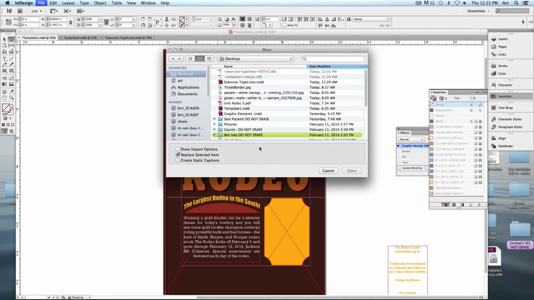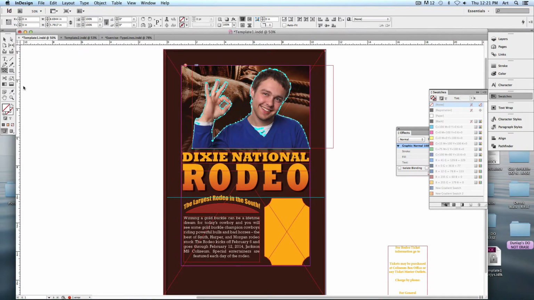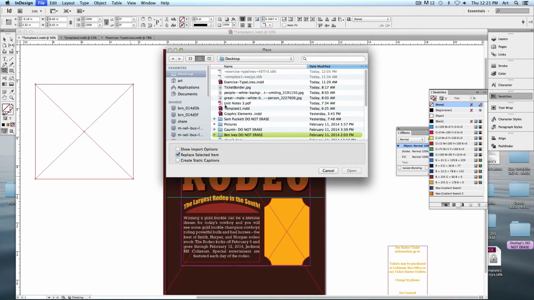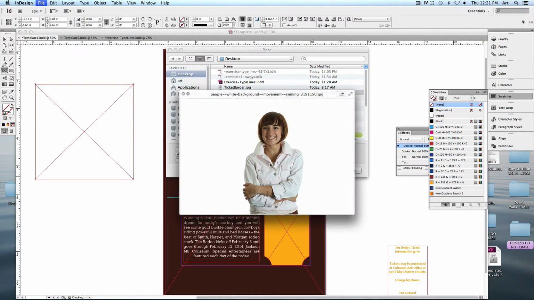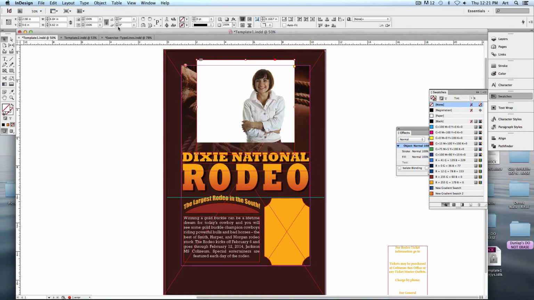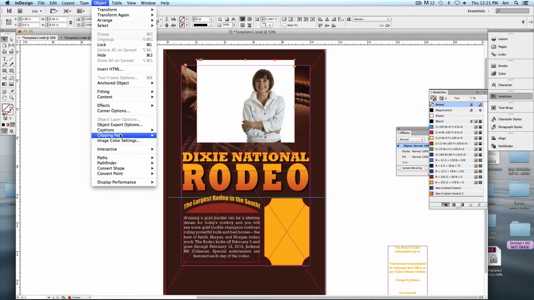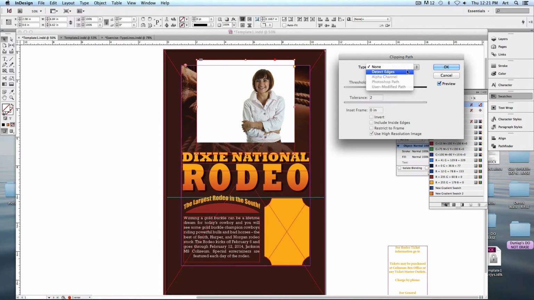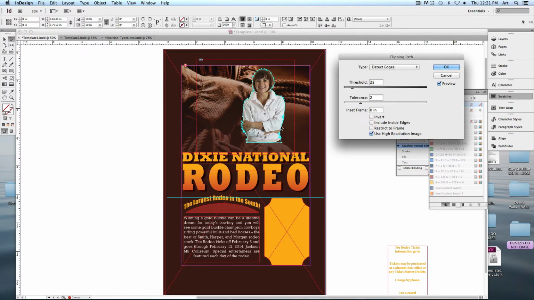If I had to do the other person, hers is going to be a little bit more difficult because she's wearing something that's very white, so I have to be very conscious about what I get rid of in hers. Object, clipping path options. When I detect these edges, that's actually doing a pretty good job. But if I change up my tolerance, you can see very quickly I get rid of her picture